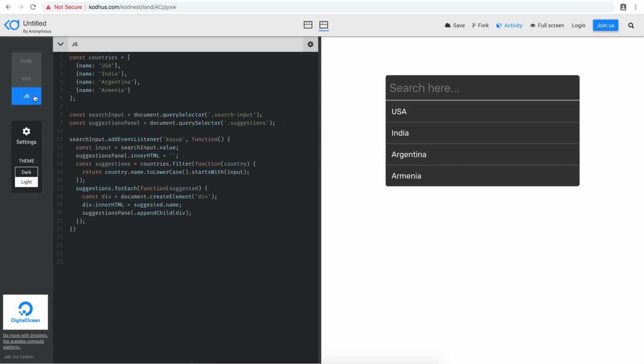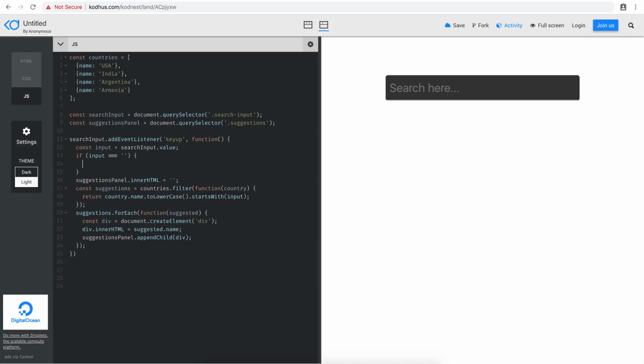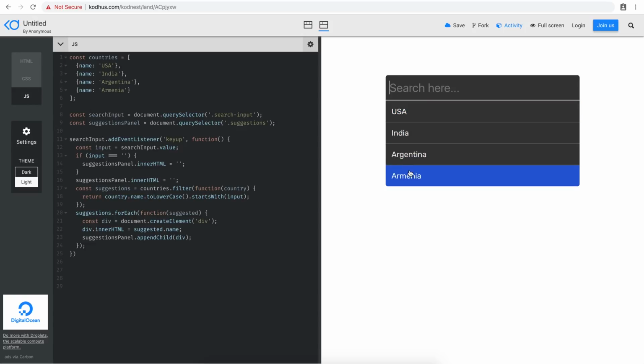So I need to make sure in my JavaScript, whenever I type, I also do a check if the input is equal to empty. I want to make sure that I also clean up the suggestions panel, right? So now if I say Armenia and then going back, you'll see that still the list is not empty. Let's see why. Even though my input is empty, the suggestions panel inner HTML doesn't really work. Maybe the reason being that I have to